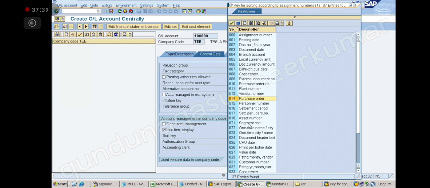Which one do you want to select? If you select date, it will show you date wise: date 1, all the branches; date 2, all the branches. If I select branch wise, the same transactions will show branch 1, all the dates; branch 2, all the dates.